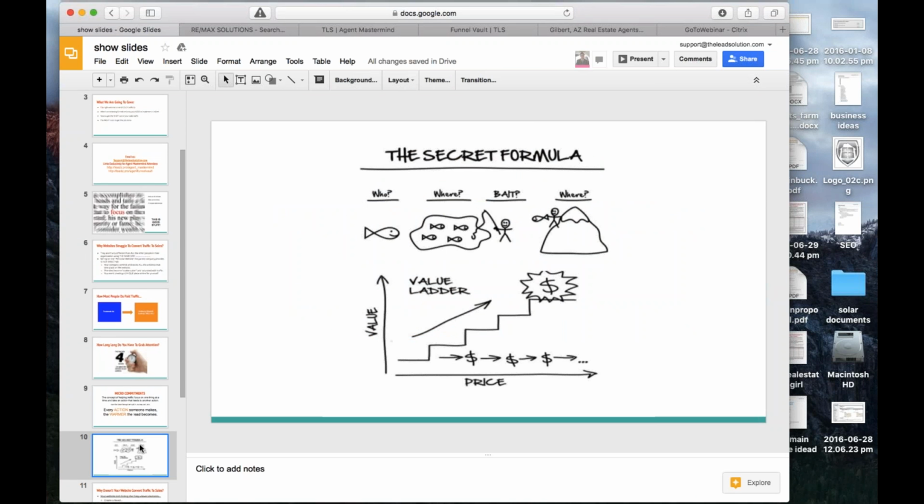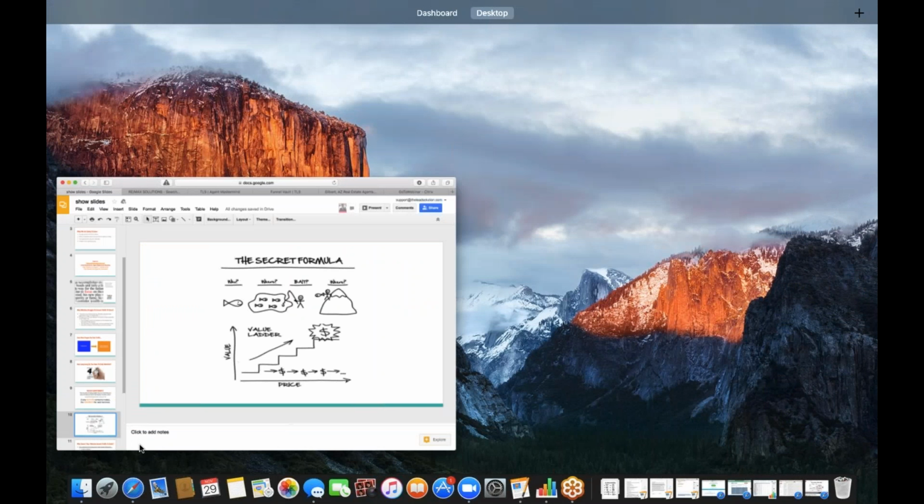So I have this little diagram here. We call it the secret formula. I see our chicken scratch on here. This is basic stuff, but I'm telling you, it could be worth millions. At least for us, it's made quite a bit of money, and we've used this strategy for all sorts of different campaigns. I have two different things on here: the secret formula, and at the bottom the value ladder. So in this funnel process, what we want to do is we start...